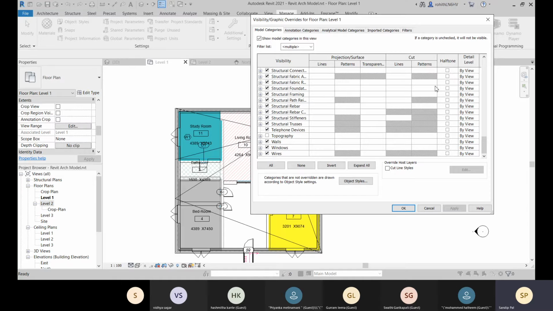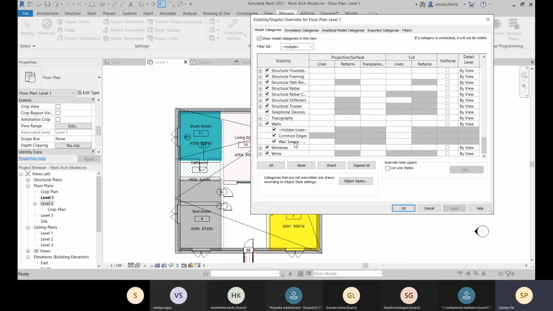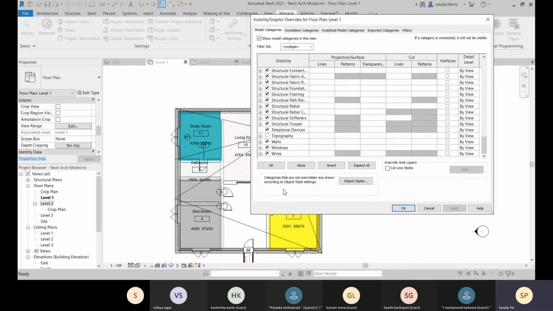And now you can see that we have some projection and surface, this cut options are available. So let me go for this wall. So you can also hide some sub components. So walls sub components like wall sweep, this common edges, hidden lines, those things you can apply.